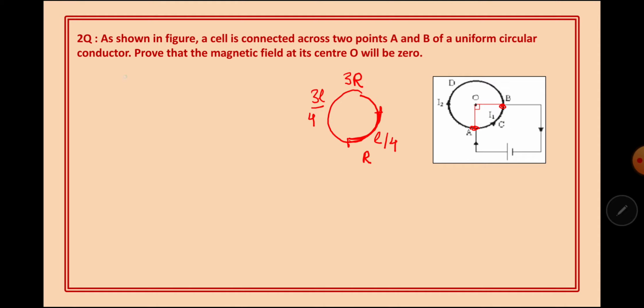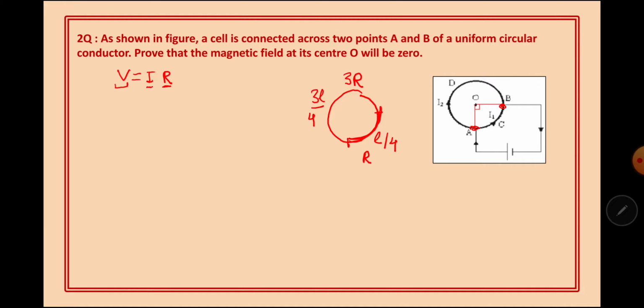Now the voltage is the same, and we know that V is equal to IR. Now both the parts have got the same value of potential difference. So their current will be in the inverse ratio of their resistance. Whichever part will have smaller resistance, that part will have higher value of current, and it will be in the inverse ratio of their resistances.